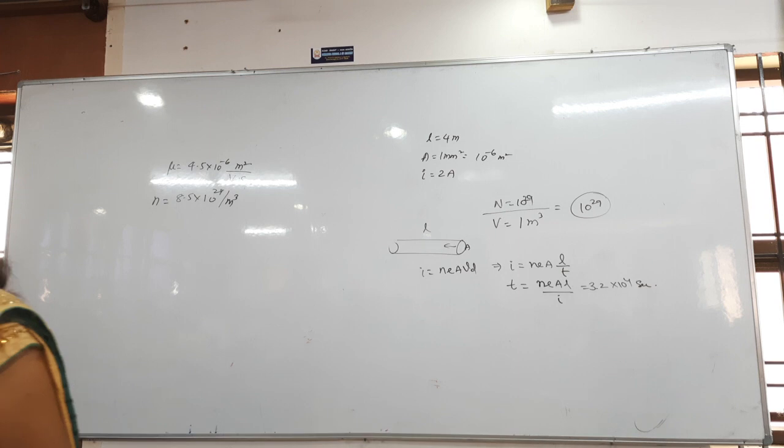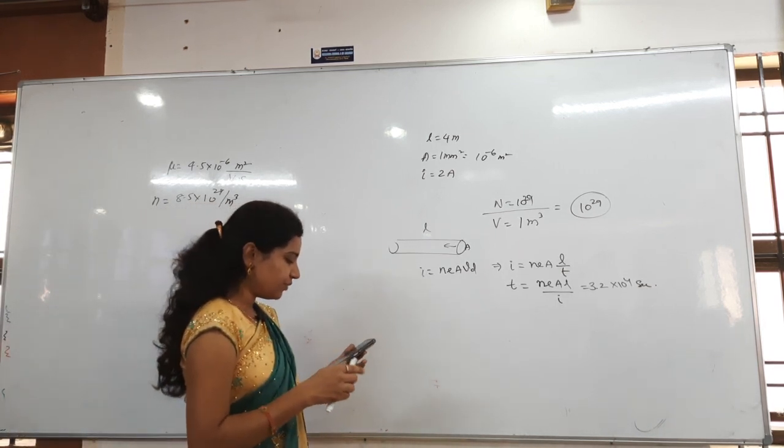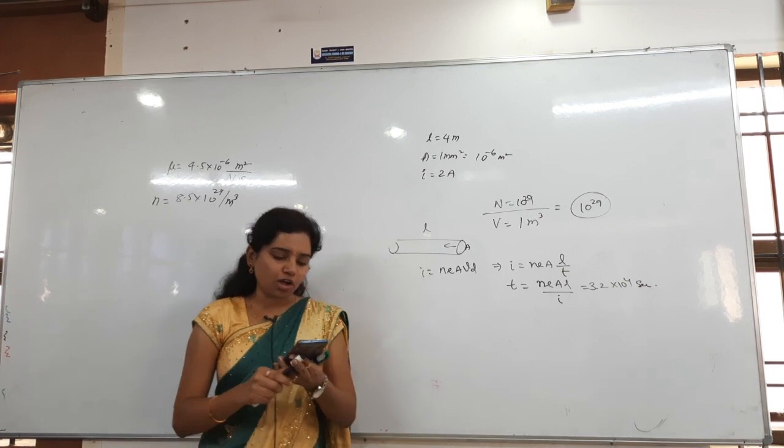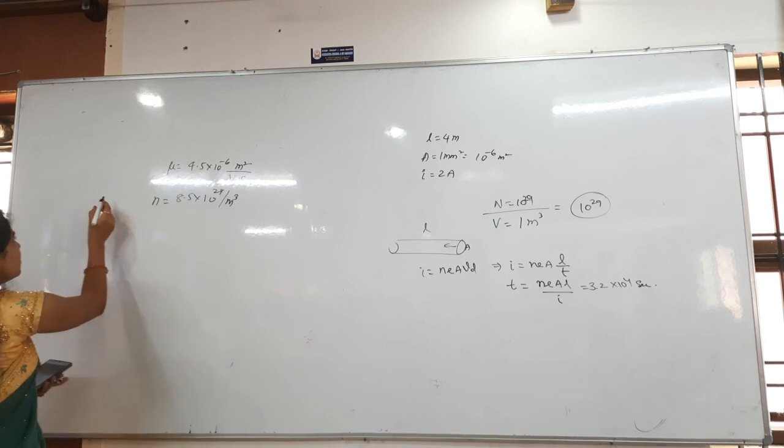Finally, you have to find out the current through the copper wire of whatever length it might be. The current formula is I equals to